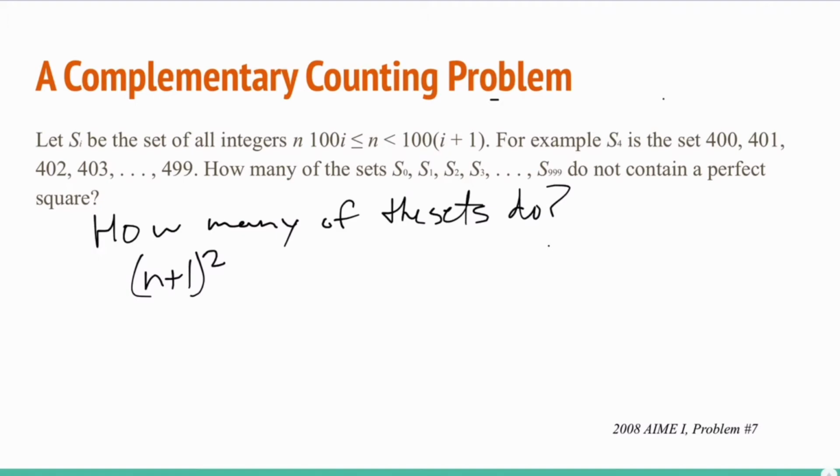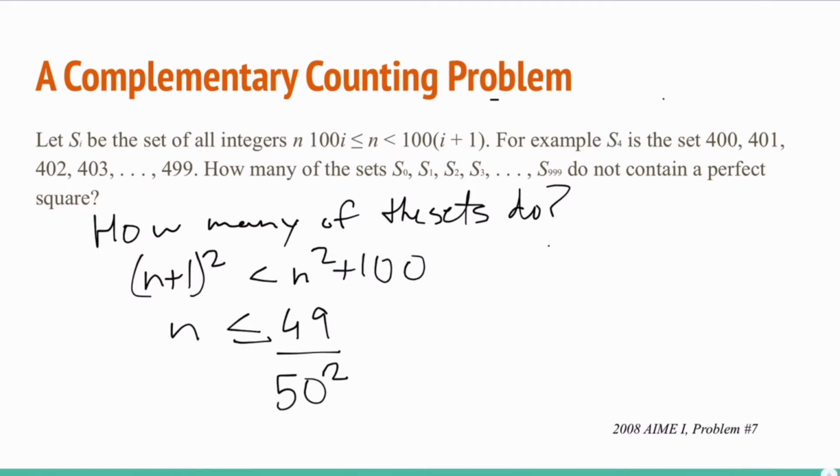So (n+1)^2 is less than n^2 + 100, in which we get n is less than or equal to 49. So we at least have that till 50 squared, all the sets under it contain a